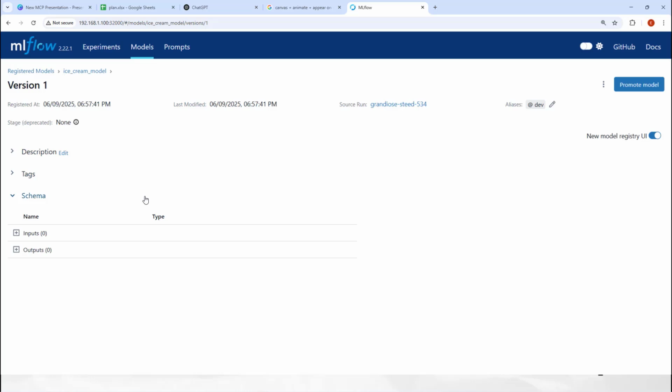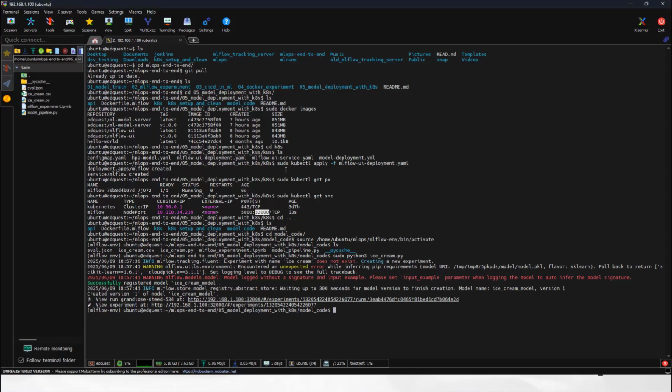So that's all. You can see we have deployed the MLflow UI from Kubernetes, and we have trained a model locally, and it has registered to that UI. So now let's deploy our model as well. Let's get back to the k8s part. So cd k8s,